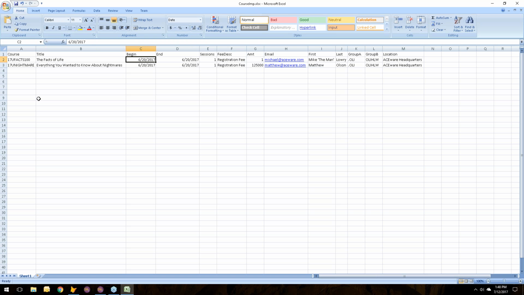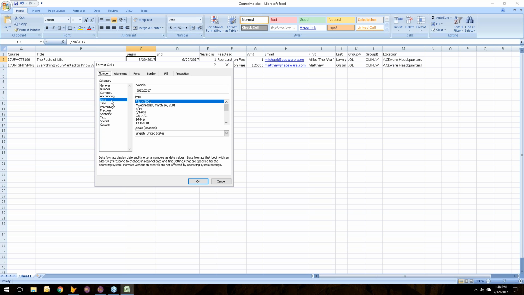So Matthew, could you show that date selection again? We have some folks who'd like to see that date selection again. The format? Yes. The category is date, and the type is that *3/14/2001. I don't know why it makes a difference, but Microsoft, I guess, treats that differently than that other format somehow,